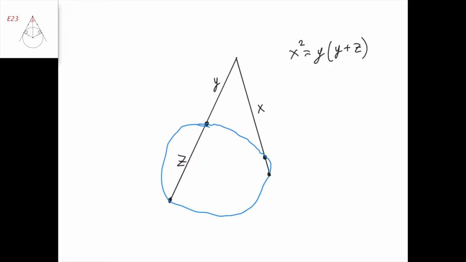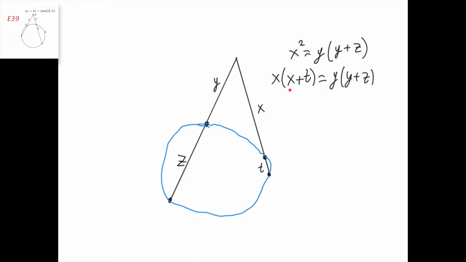Well, let's assume that's not the case. Let's assume it's not tangent, and it intersects this line again at this point. I'm going to prove that this point and this point coincide, meaning that this line and this circle only have one intersection point, which means that this would be a tangent line. Let's call this segment T, and then we have, from the power of this point with respect to this circle,